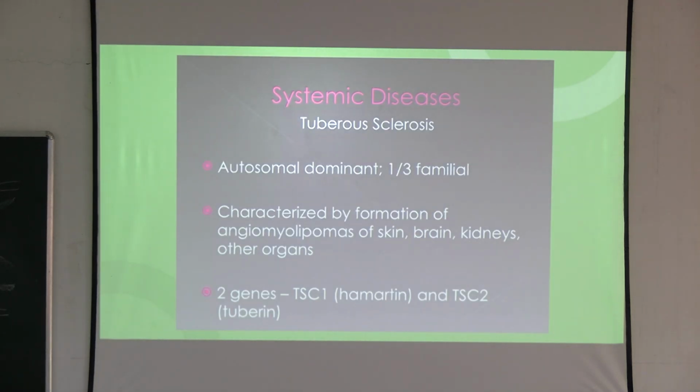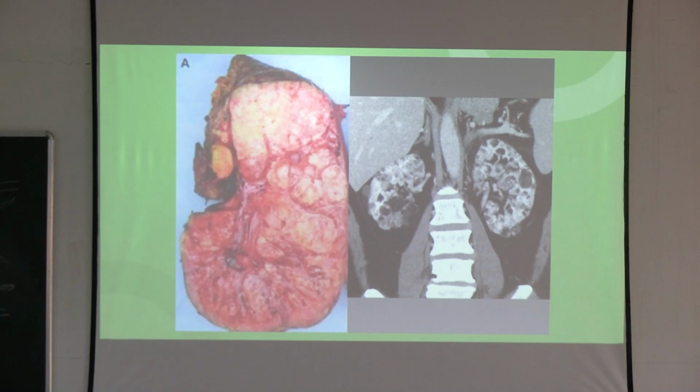আচ্ছা, এবার ওগুলো ছিল এক্সক্লুসিভলি সিস্টিক ডিজিজ অফ কিডনি। এবার কিছু সিস্টেমিক ডিজিজেস আছে যেখানে কিডনি সিস্ট থাকতে পারে, তার মধ্যে একটা হচ্ছে টিউবারাস স্ক্লেরোসিস, ওকে, হ্যামার্টিন, টিউবারিন, TSC 1 and TSC 2, টিউবারিন জিন। এই দেখ, মাল্টিপল অ্যাঞ্জিওমায়োলাইপোমা, কিডনি সিস্ট।